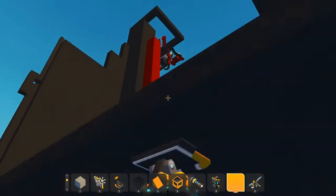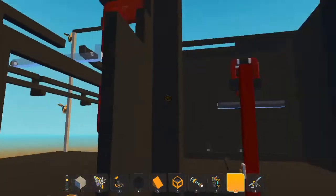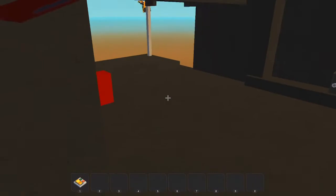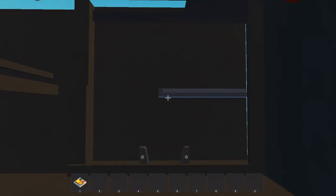made in Scrap Mechanic. Oh jeez, I fell. Okay, so if you go into the seat, I do have this uploaded to the workshop as my first version. This is the second one. But in the original intro, the gear rolls in from the right, and then the S comes from behind you. Whoops. The S comes in from behind you, and then the S goes into the middle of the gear. The M pushes the S to the side, and then it has the SM, and then the S goes up and the M goes down, and then the gear rolls